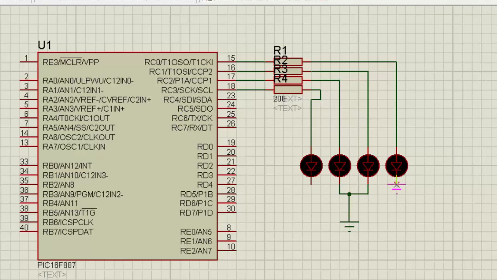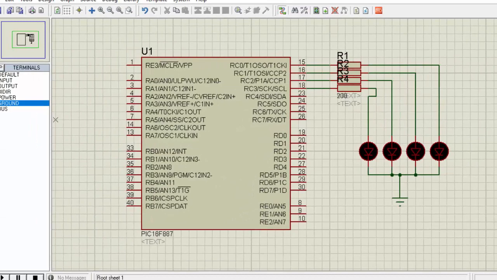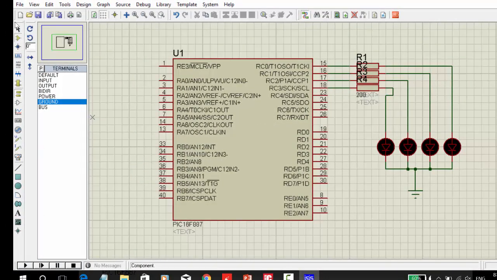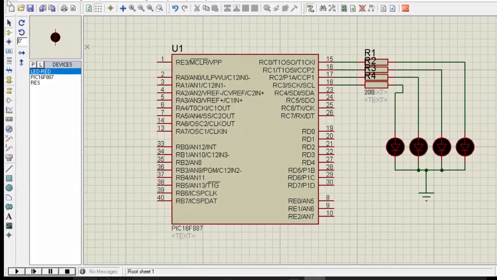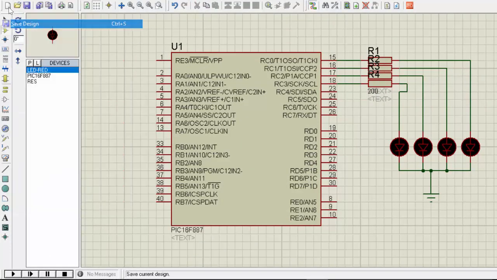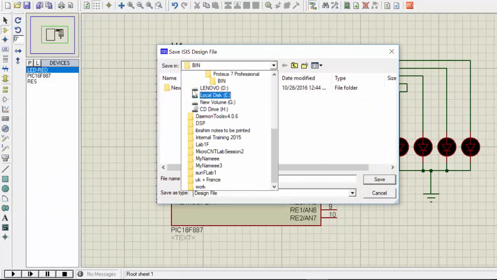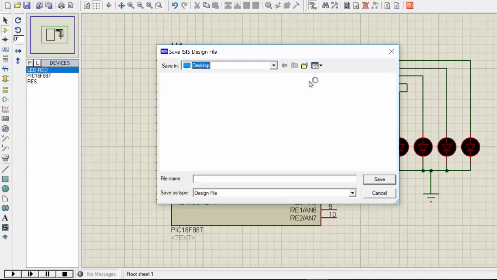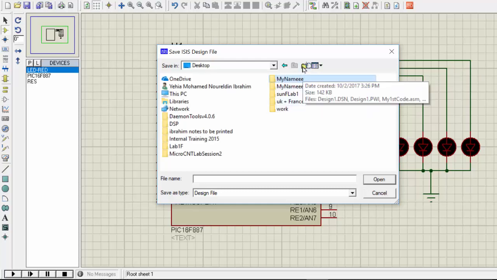Let's ground these 4 LEDs. Of course you can make your own 4 grounds, but I think 1 ground is more than sufficient. Then that's it. That's the circuit diagram. So far that's what we need. I'm gonna save that right away on the desktop, and let's call it